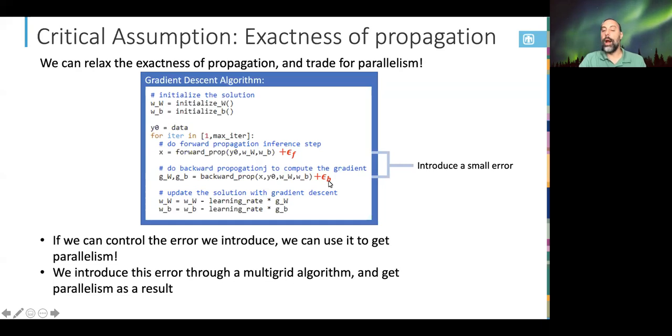But what we can do is allow ourselves to make an error in the forward and the back propagation, and that error exposes some freedom. So if we allow ourselves to make this error, we can now trade that error for greater parallelism. And so that's what we're going to do. We're going to relax the need for data dependence in the forward propagation from left to right. We're going to relax that need and allow a little error in between each layer that crosses processor boundaries, and take advantage of that